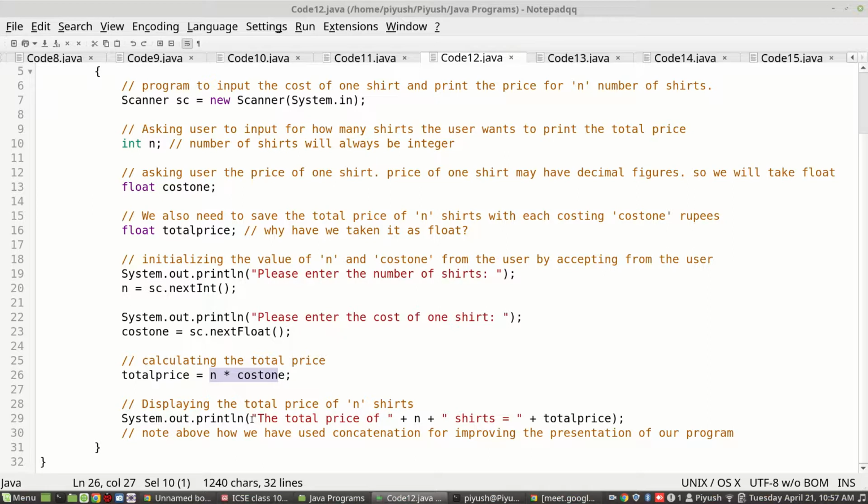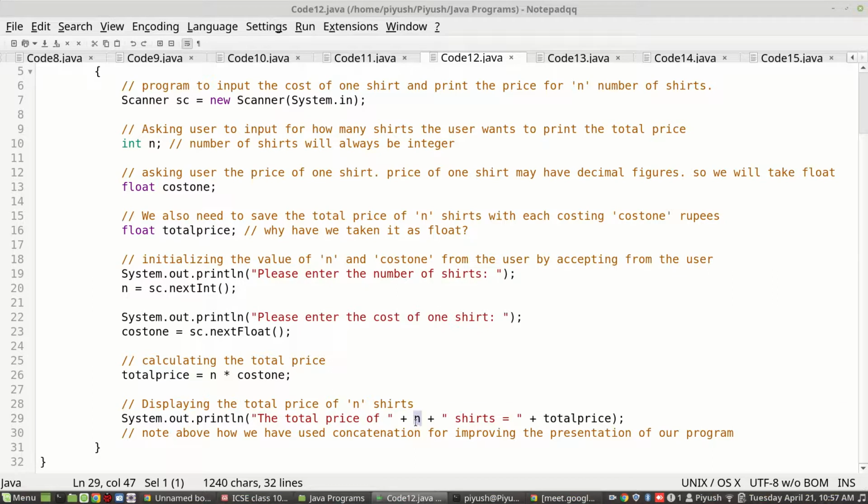using concatenation. How? You will write the total price of, then you will write plus, you will give n, because n is not containing quotes here, so n will be accepted as a variable. This variable value will be substituted here. If you write it within quotes, then the message n will be displayed on the screen.